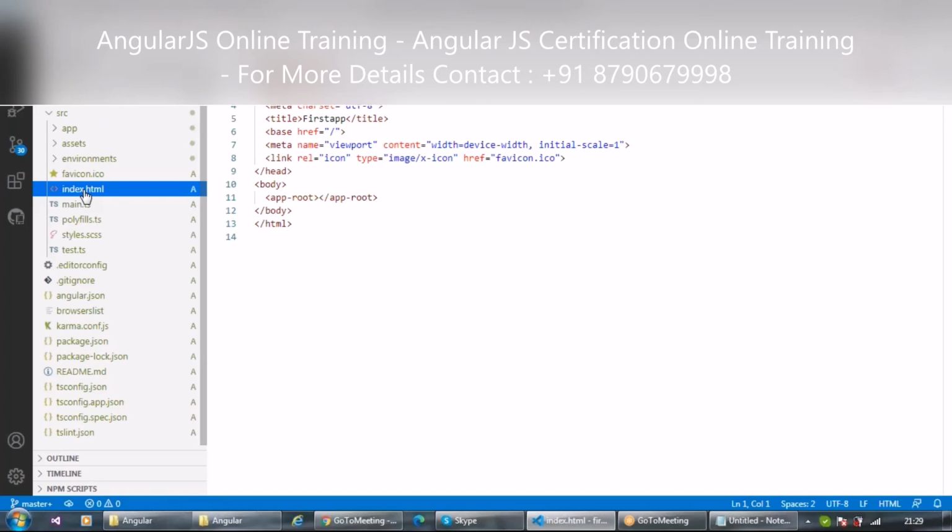So when I run this application, it will run this index.html page. Now you just read this and tell me what you understood. What will it render if I run this Angular application, what will it show in the browser?